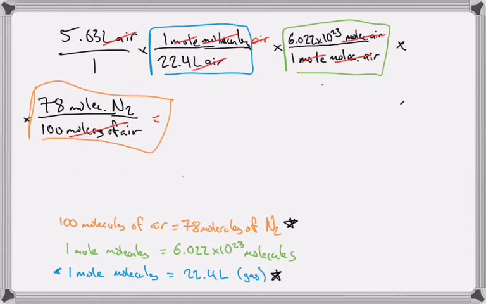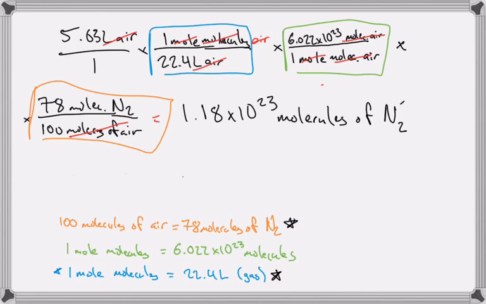So now if we go through this problem and do these calculations, we see that 5.63 will be multiplied by 1 over 22.4 liters. This can be multiplied by Avogadro's number, 6.022 times 10 to the 23rd. It's going to be multiplied by 78 and then divided by 100. And if we do that, what I find is that we have 1.18 times 10 to the 23rd, and our final units are molecules of